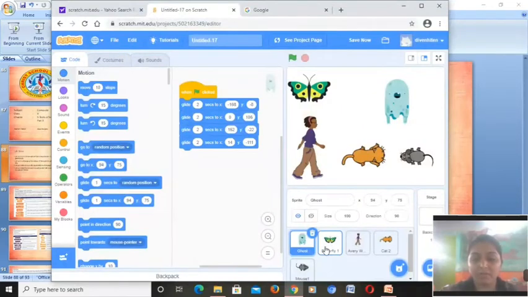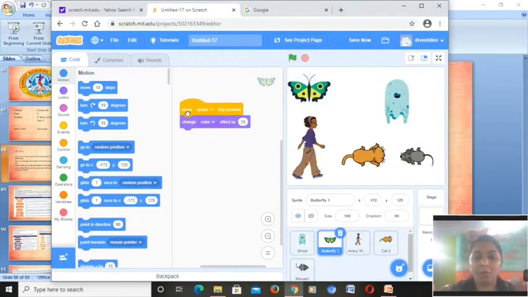The next one, the second in the series, we are having a butterfly. Now we just want to press the space bar key. See, as I am pressing the spacebar key, there is a change in the color of the butterfly. See, different colors appear just by pressing the spacebar key. In this way, you can change the color of the butterfly with the help of these two commands. Is it clear to you?